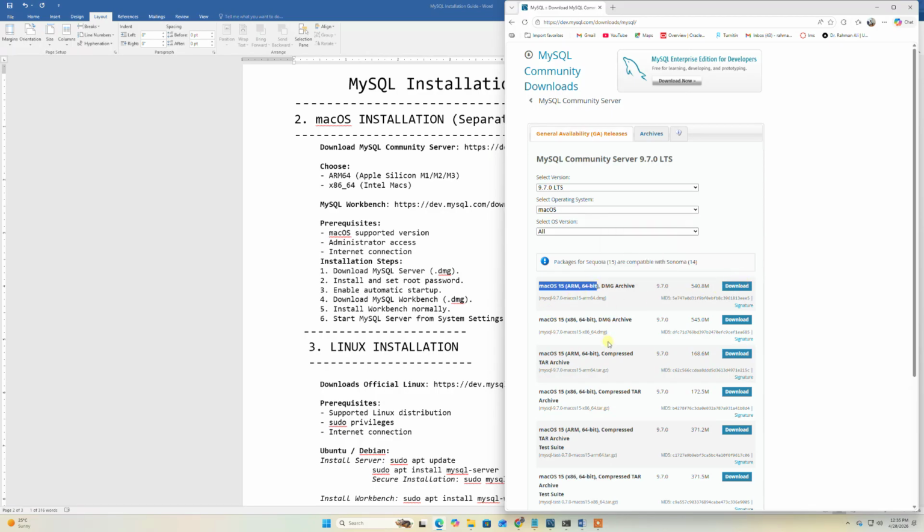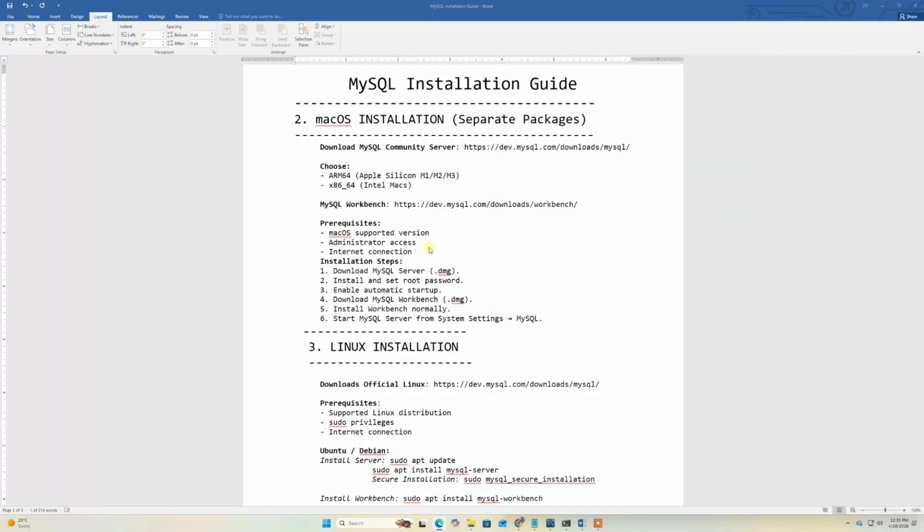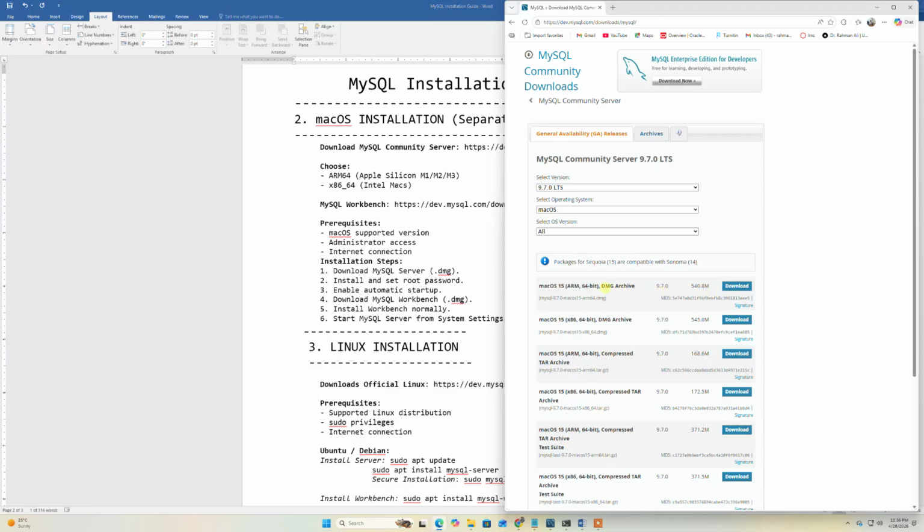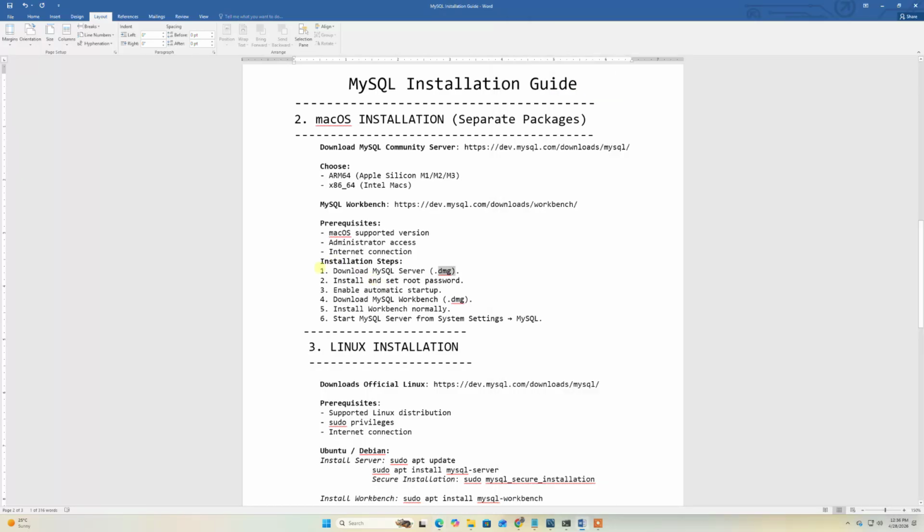You have to download this. When you download this server, it will be a .dmg file that you can see here. Once you download it, start the installation process, provide your password, and enable automatic startup, so it will start automatically. Once you do this, you have to separately install the Workbench,